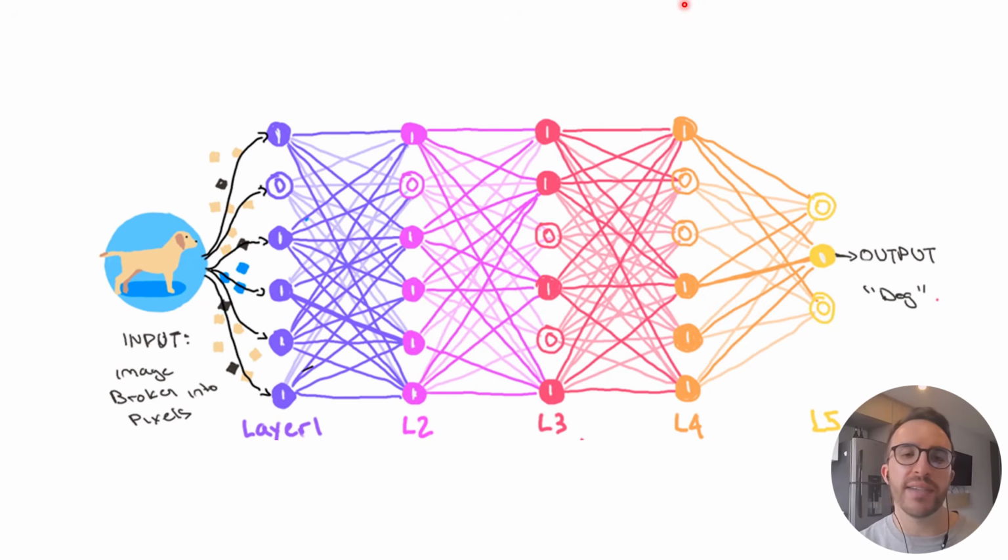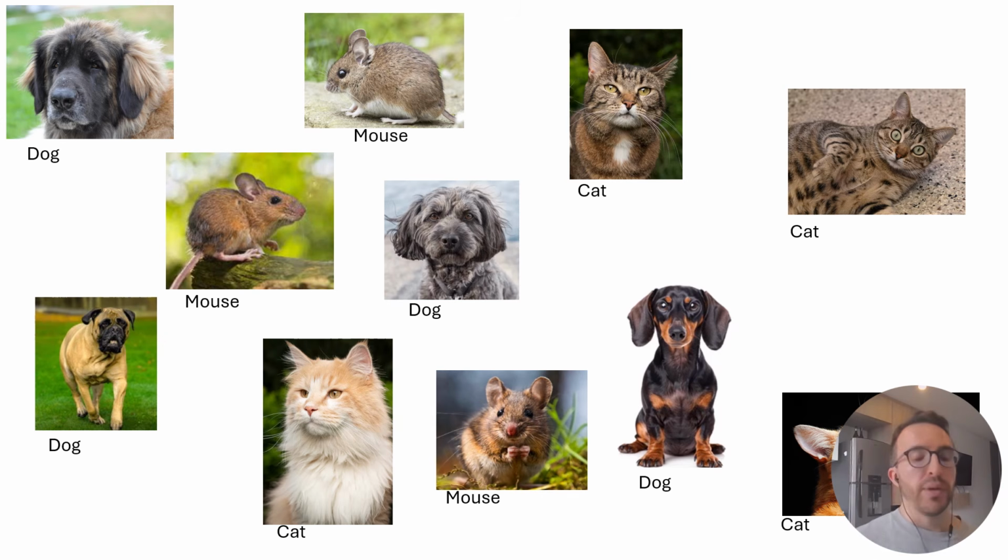And it turns out the answer is pretty similar to how we found the M and B parameter values when we were trying to predict the price of a house given its square footage. Remember that when we were predicting house price from house area, the first step was to collect a bunch of examples of real houses, their area, and their price so that we could plot them. Similarly, now that we want to predict whether an image is a dog, a cat, or a mouse, the first step is to gather a bunch of examples. We want lots of images of dogs, lots of images of cats, lots of images of mice, each labeled with what it is.